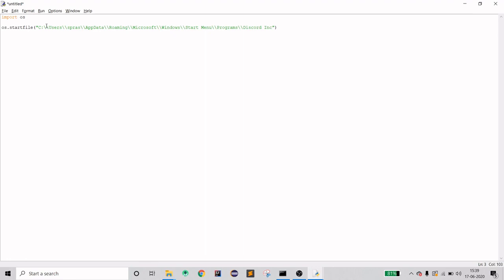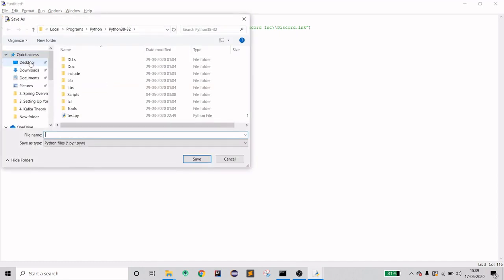The name of the shortcut is Discord, and I have to provide the extension for it. Every shortcut extension in the Windows operating system is .lnk. So save this.